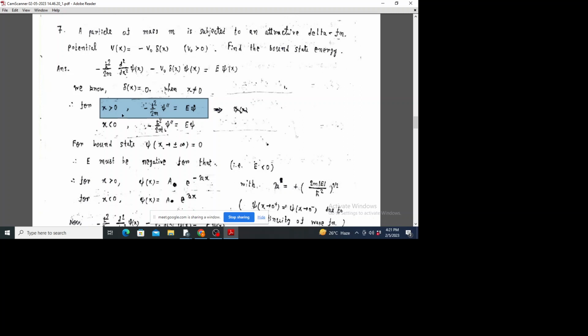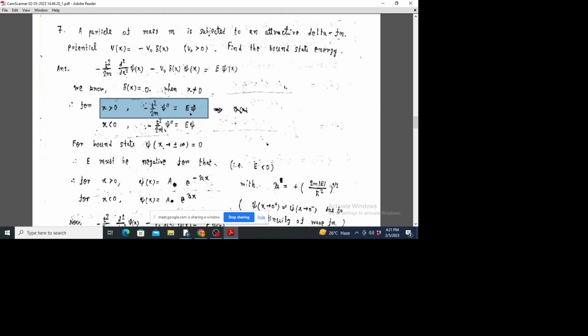This is the Schrodinger equation for x greater than 0, and for a bound state you need psi of x tends to infinity equal to 0. Given this boundary condition you need to solve this equation, and to satisfy it you will see that you will already need E less than 0, because in this equation if you have E greater than 0,